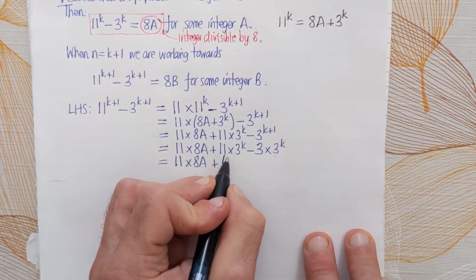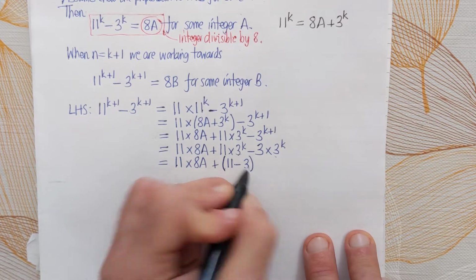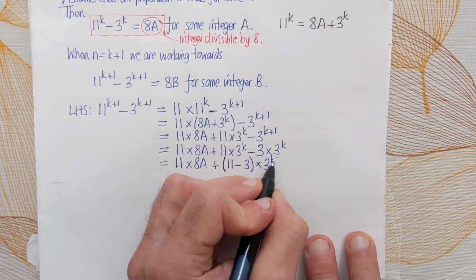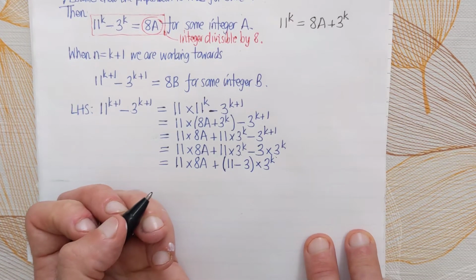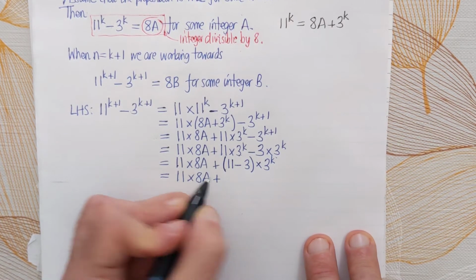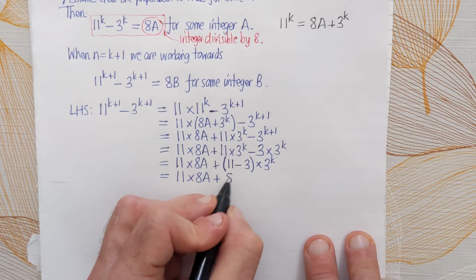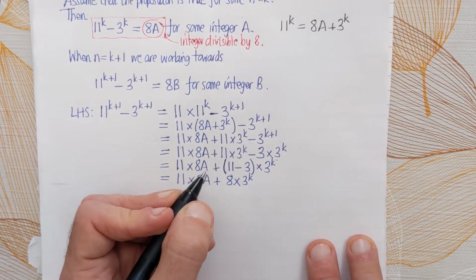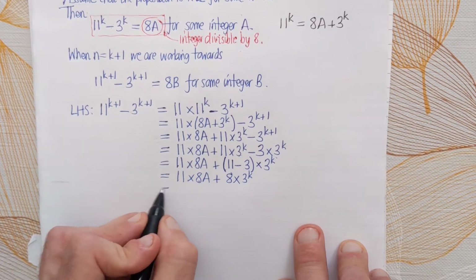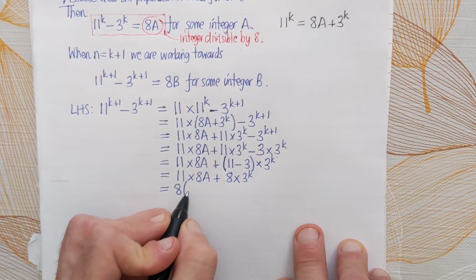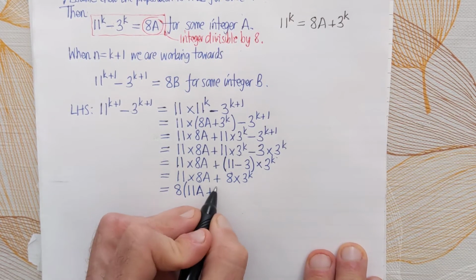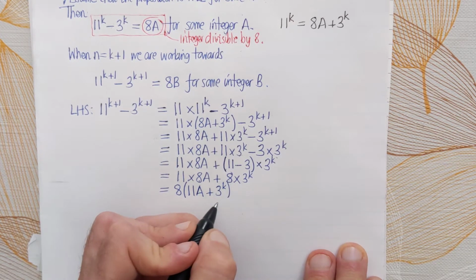So we leave inside the brackets 11 minus 3, and then you put on the outside times 3 to the power of k. Equals 11 times 8a plus, well, 11 minus 3 is 8, 8 times 3 to the power of k. And now we can take out the 8 that is common to both. So it's 8, open brackets, 11a plus 3 to the power of k,